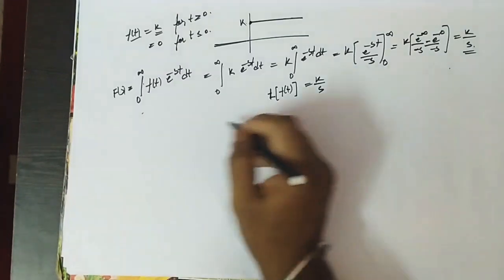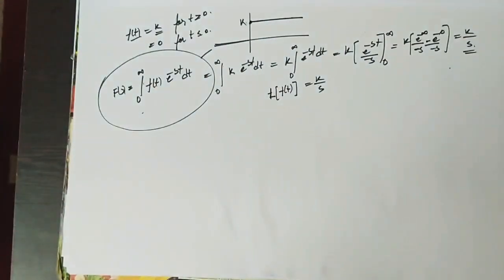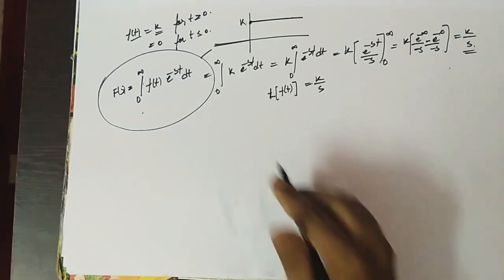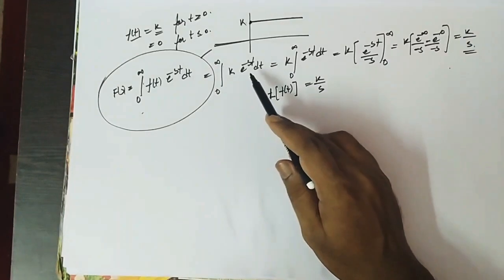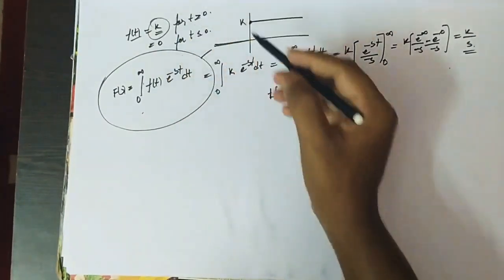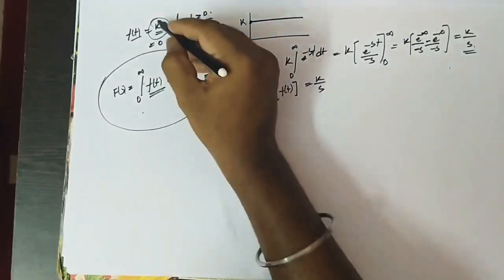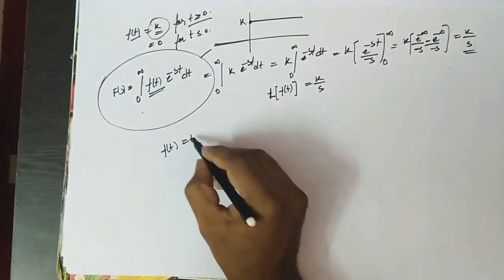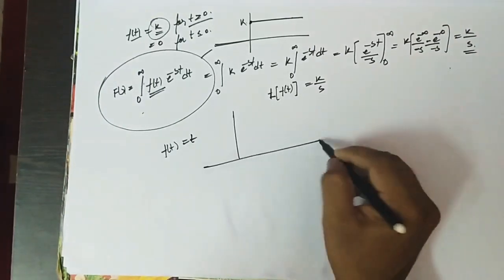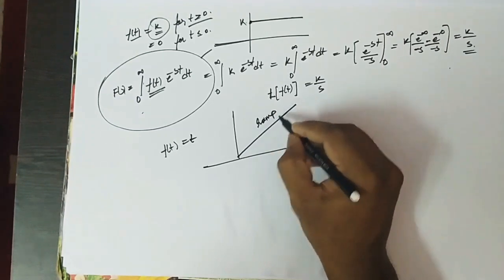We don't use any of these concepts much, so we don't want to find all this stuff in this Laplace transform. Basically, what is the Laplace? We are just doing it for an f of t function, which is a function of time t only. That means it is a ramp. This is called the ramp function.